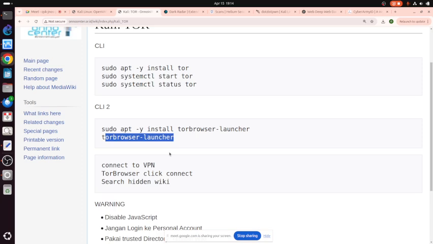Sometimes we can buy narcotics. We can buy many bad things using Tor. Now, as a corporate, as a company, we are more interested in whether our information is leaked to the internet, to the dark web. That's why we use Tor browser. So we want to check whether our information is leaked.